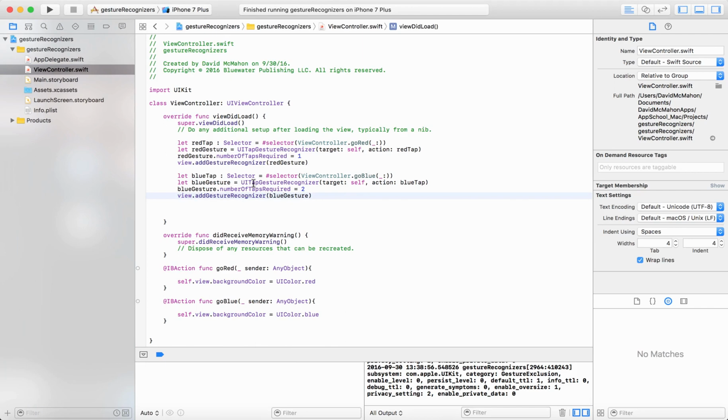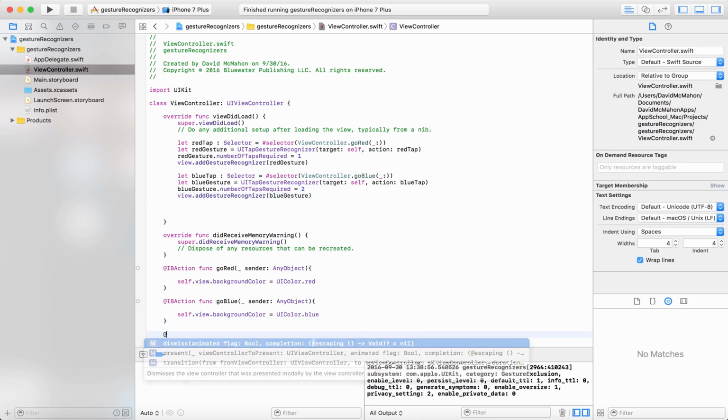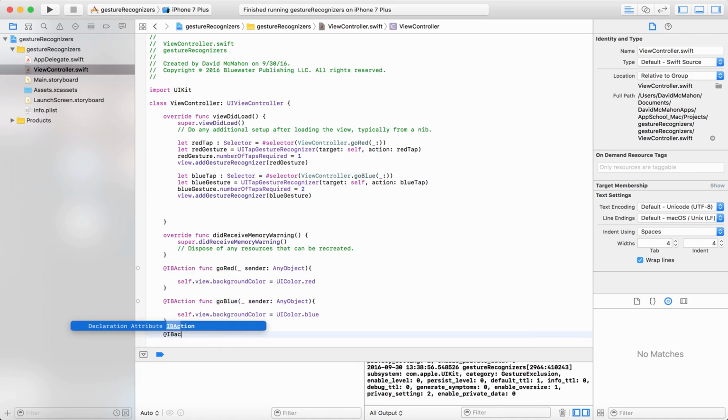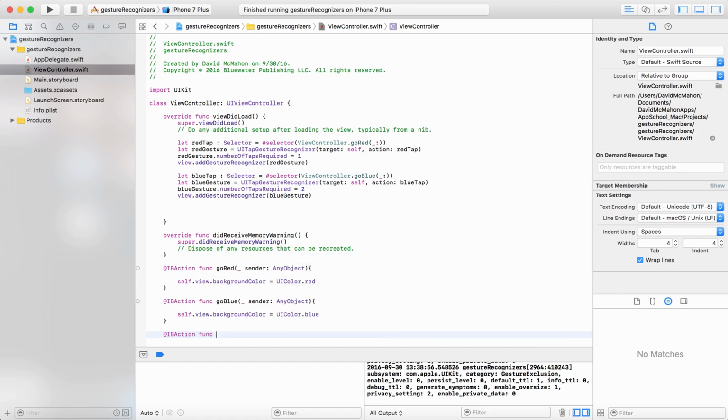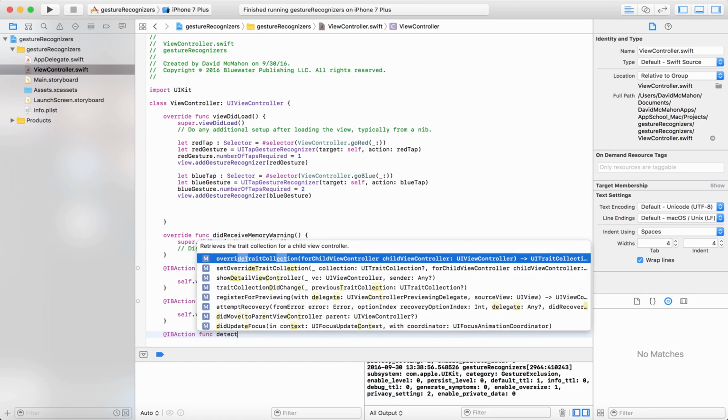you add detecting taps. So let's create one for pinching. Pinching is something you might do with an image, and maybe you want to change the scale. But for now, we're just going to do a simple example. So here I'm going to add another action method. So I'm going to say IBAction func detect pinch,